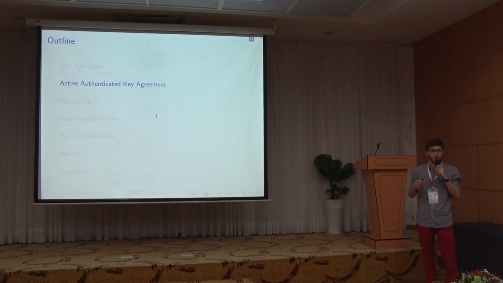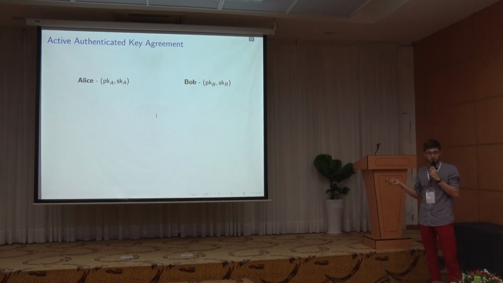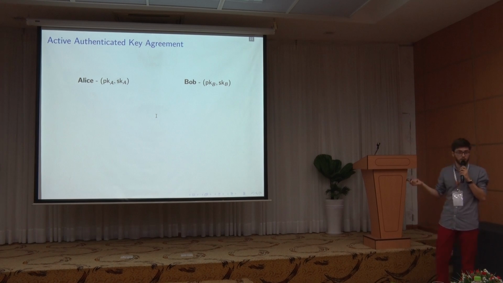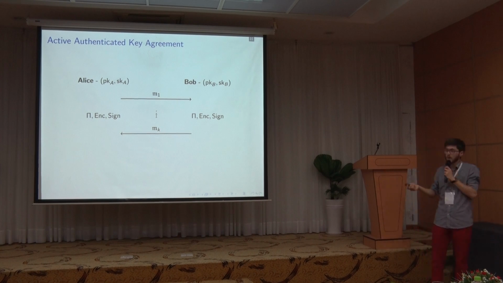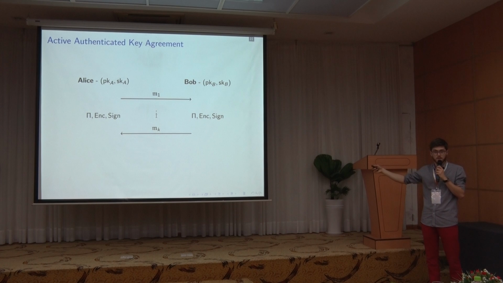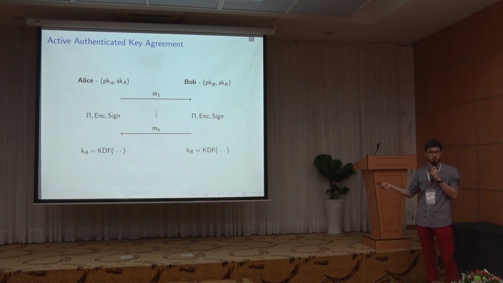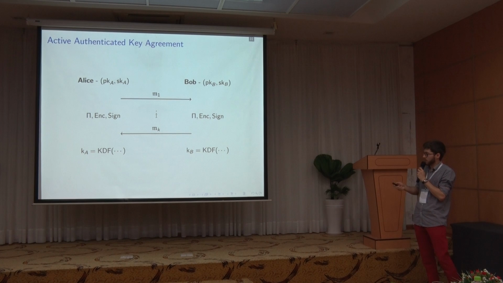So next we talk about a much stronger form of security. We begin with Alice and Bob, the same two-party protocol, but this time we do have long-term security information. Here we choose the form of public and secret keys. Then they're going to exchange a bunch of messages, not necessarily just two, and in the meanwhile they can use encryption, signatures, smaller protocols to perform cryptographic operations. And at the end they're both again going to derive keys. So the construction of the protocol is very similar, but the security requirements are different.